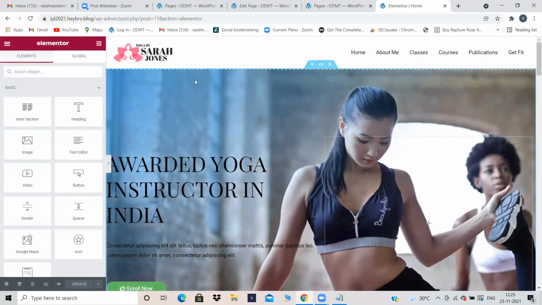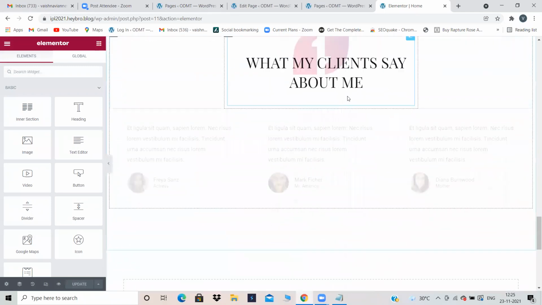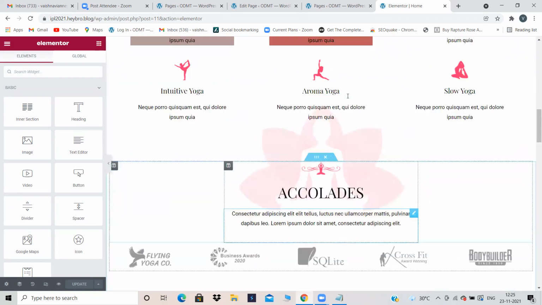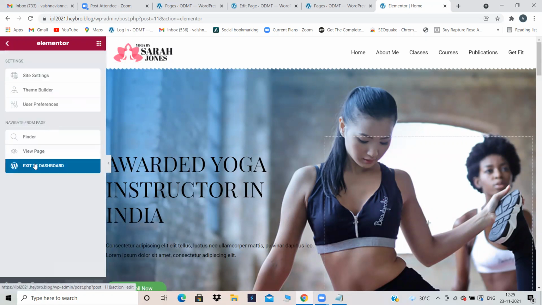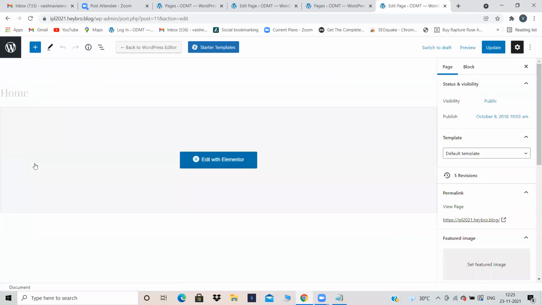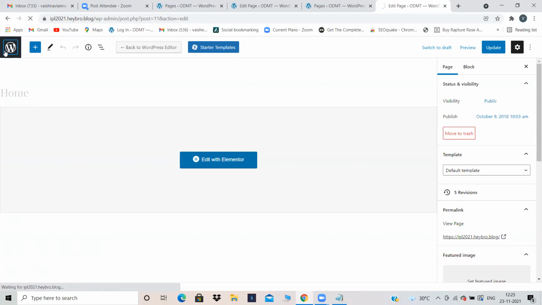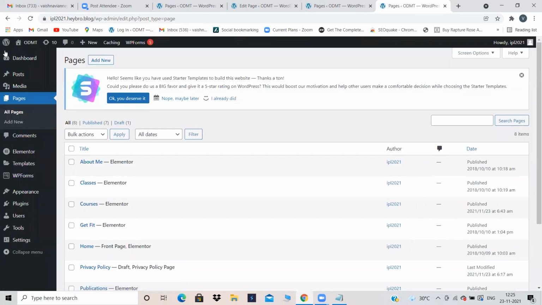These kind of things, here footer is not there, but generally these kind of things you cannot edit with the help of Elementor. If any option you are unable to edit with the help of Elementor, see here, pencil, no matter how many times I'm clicking, that pencil symbol is not appearing to me over here. That means I cannot edit it over here. So if you're unable to edit something with the help of Elementor, then just go back, exit to dashboard, and edit it with the help of WordPress dashboard. If any option here is not working, you have to go over there.